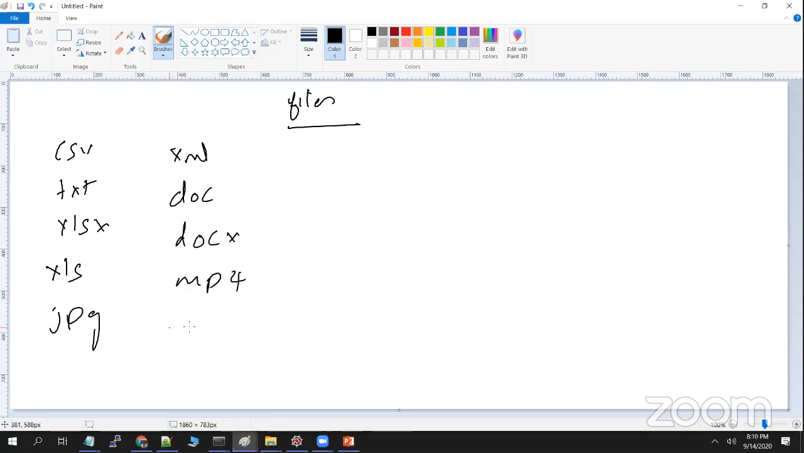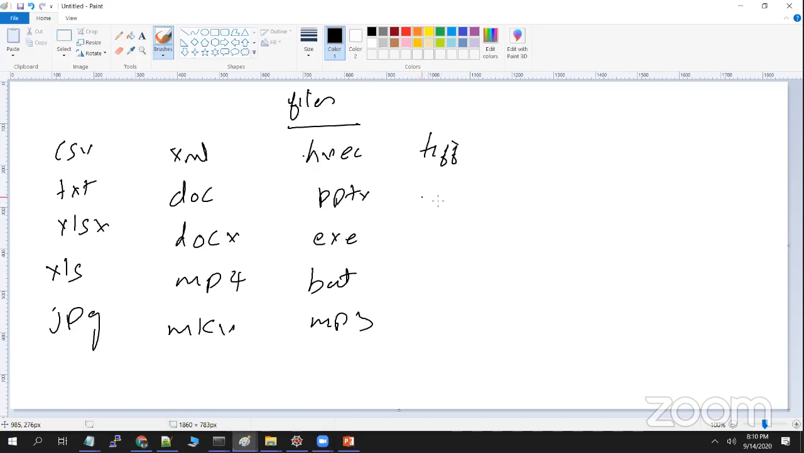So MKV format, and then HVC, and then all right. So we have PPTX, and then docs, executable, right? Valid format, and a batch format. Like we have MP3, all right. Like we have TIFF and .com, okay, .win, so right, and .rar and .zip, so right, and then we have